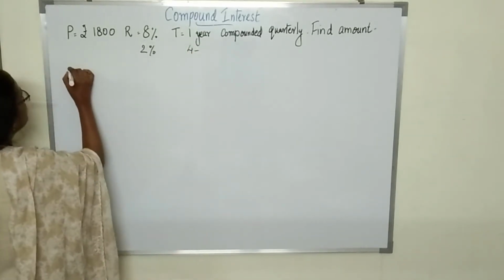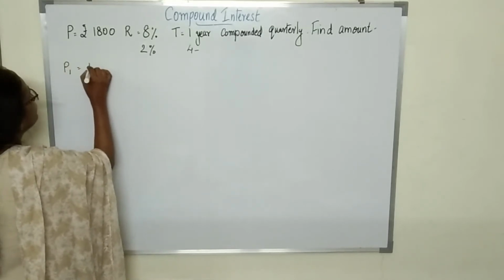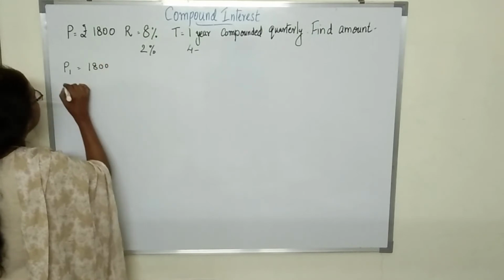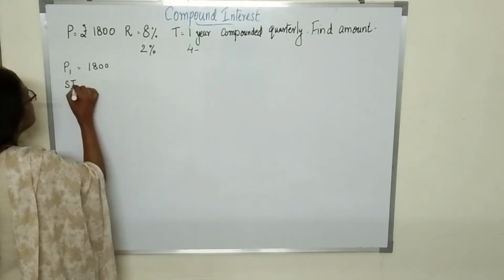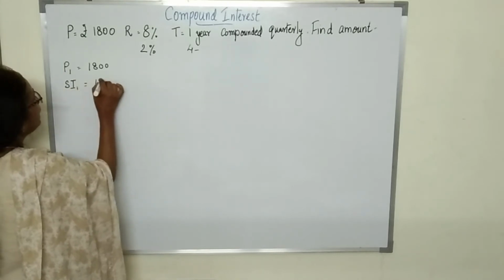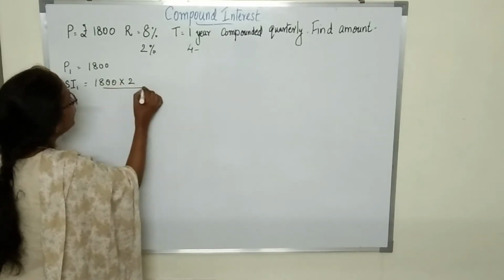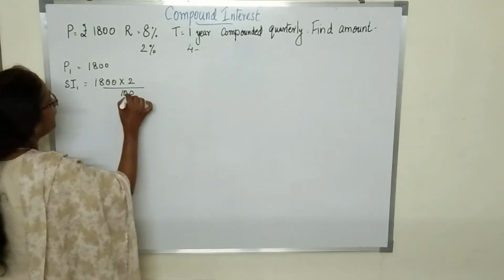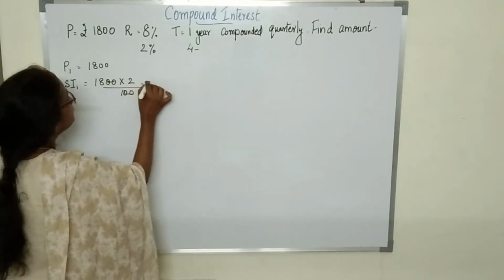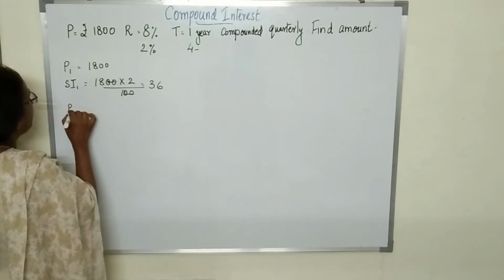Okay, so P1 is equal to 1800. Simple interest 1 is 1800 into 2 upon 100, 36. So P2 will be